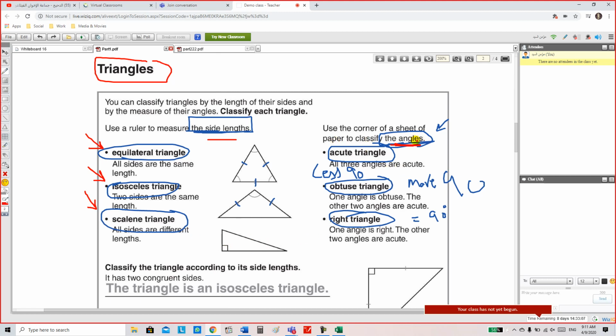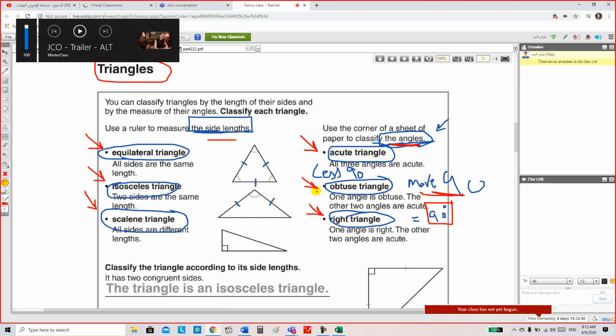The next classification, according to its angles, we have the first type, which is acute triangle, and acute angles are less than 90. And we have here obtuse triangle, more than 90, and the last one, right triangle, equal to 90 degrees. Okay, the next one,